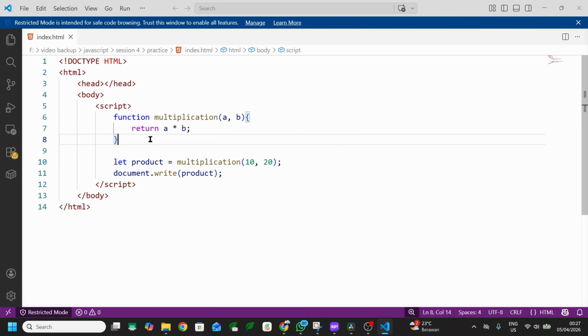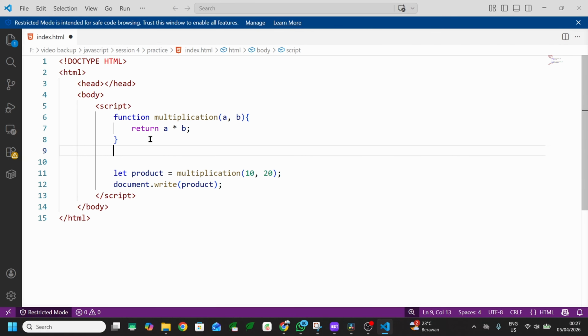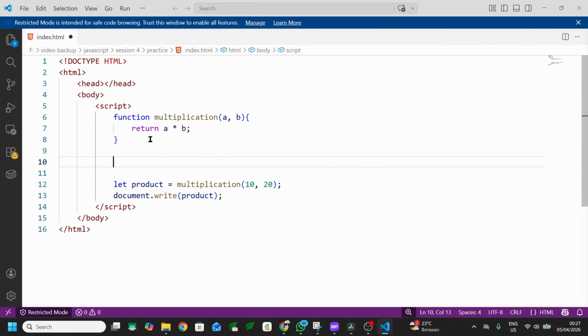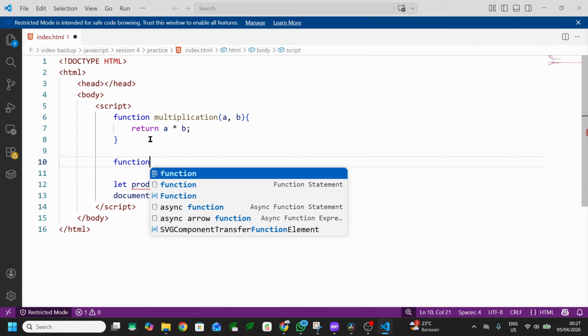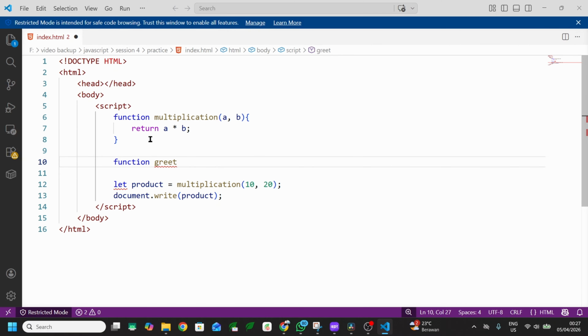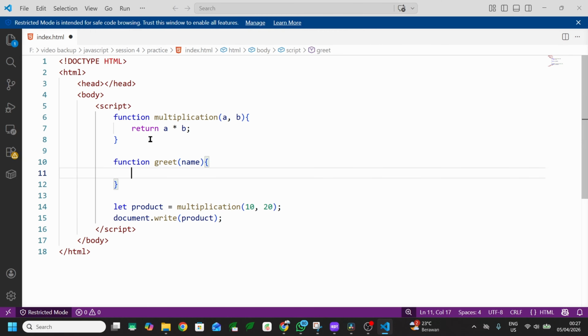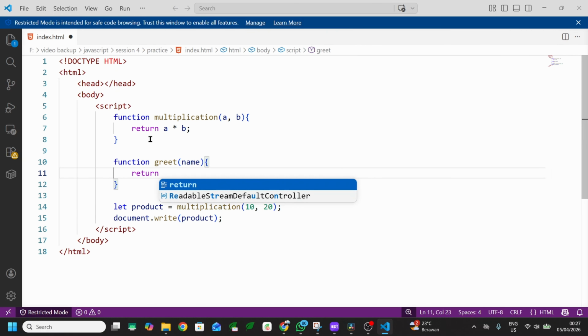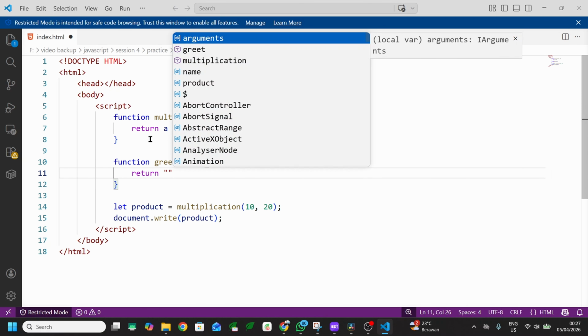And another way to make a function is to make a function of greet, and give it an input parameter. I will give name, then we can also return the greeting.